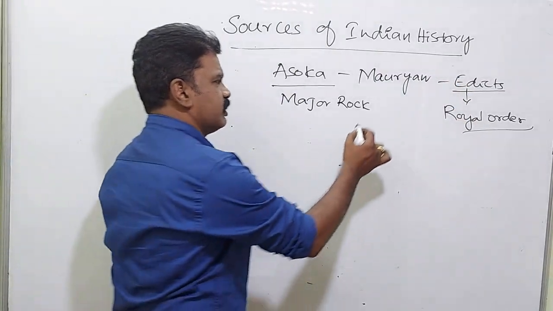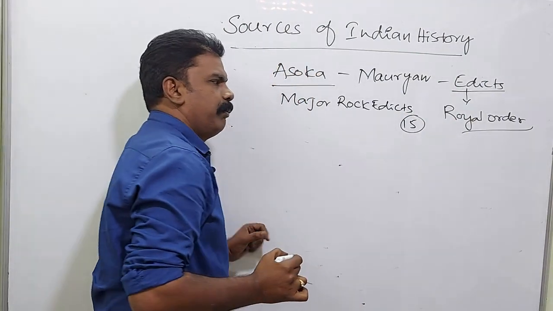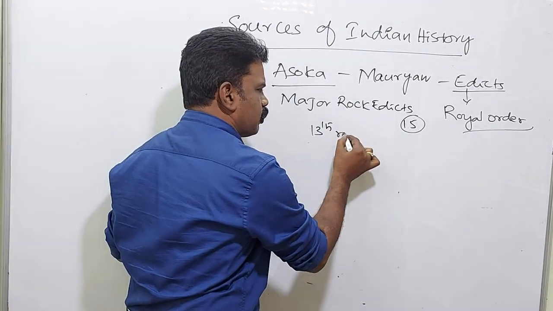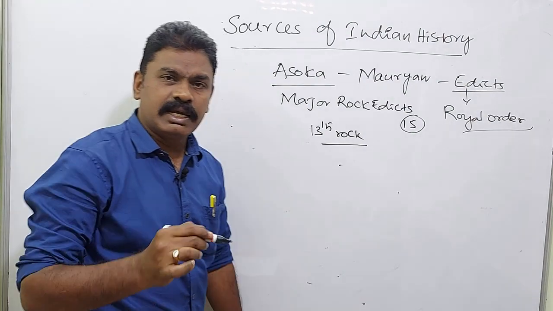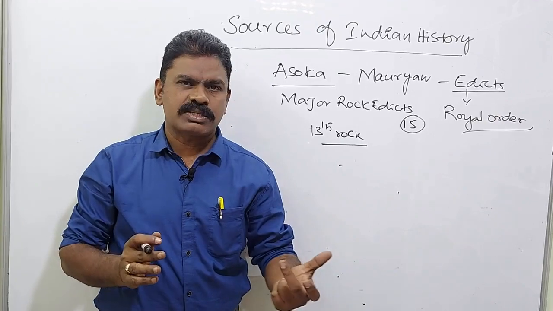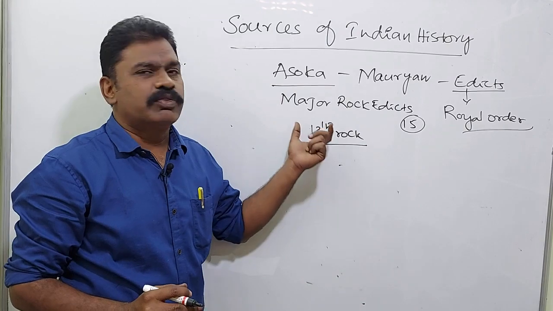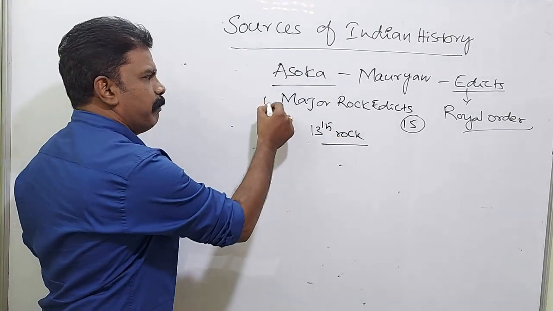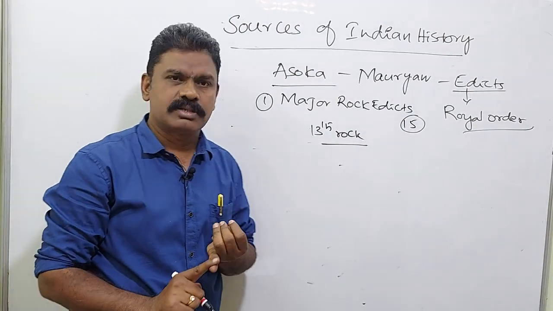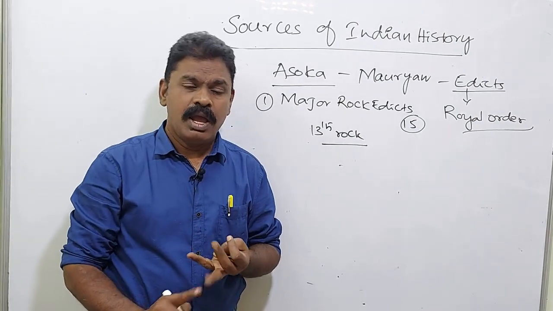Ashoka issued major rock edicts. There were 15 major rock edicts, and they are the most important. For example, the 13th major rock edict speaks about Ashoka's Kalinga war. After the Kalinga war, Ashoka completely changed his attitude and stopped waging wars. Next, he went completely to the way of Dhamma. So the major rock edicts speak about Ashoka's personal life, his religious life, and also the religion of